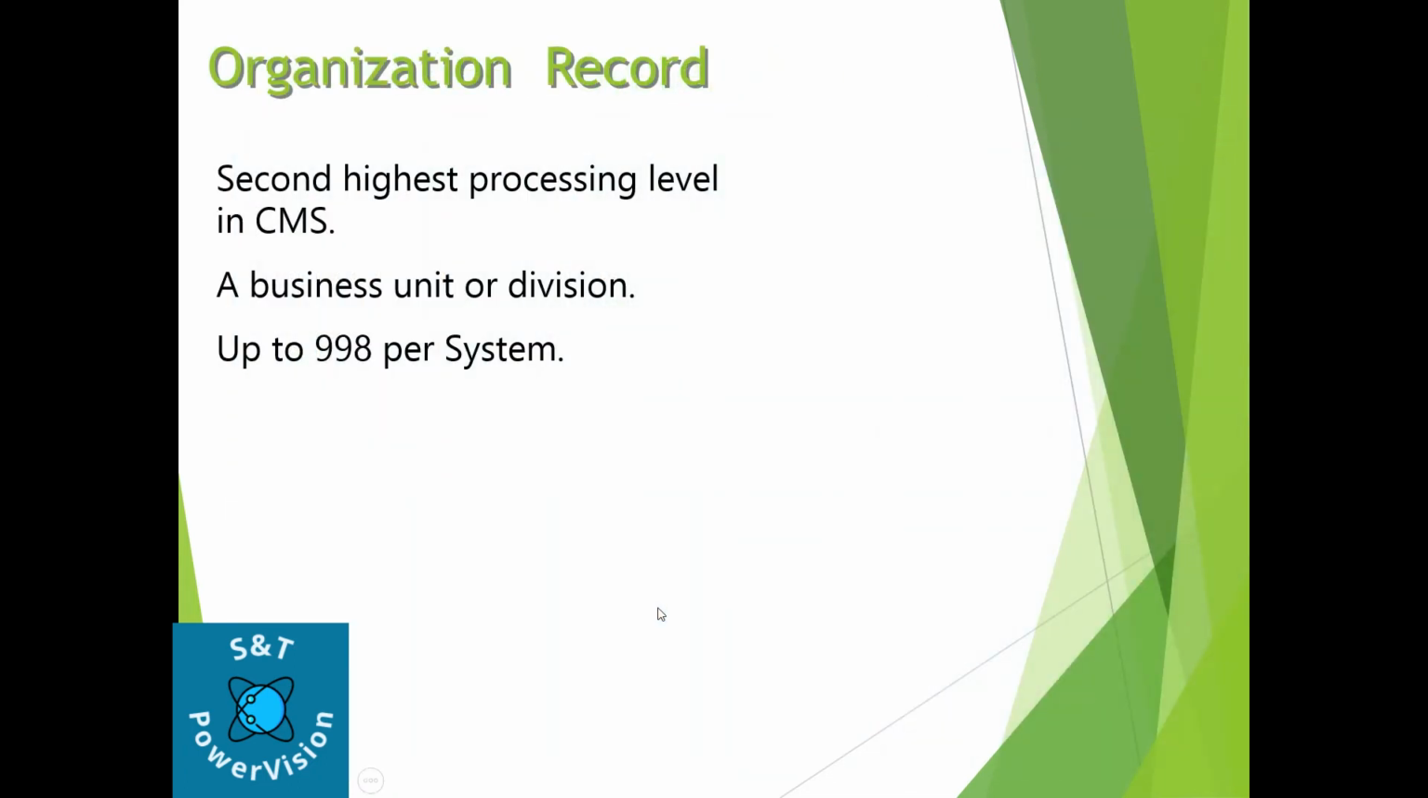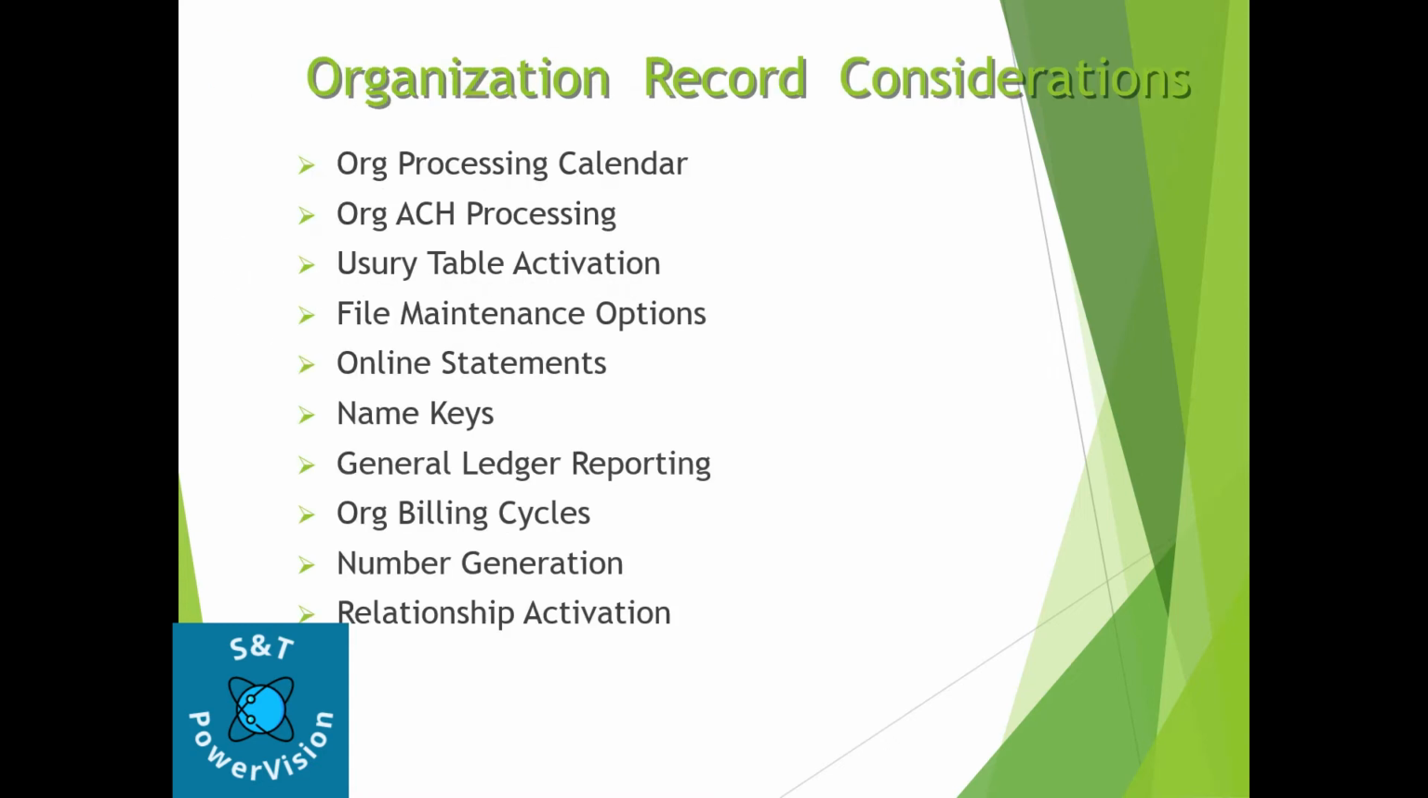Now after system, the second highest processing level in CMS is the org. For a system, up to 998 orgs can be defined. Now we'll see what the important parameters at the org level are. Here: org processing calendar, org ACH processing, usury table